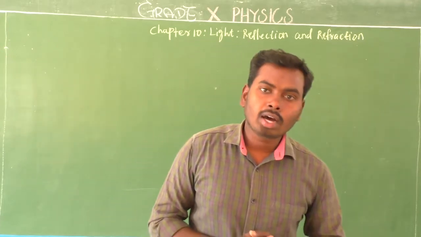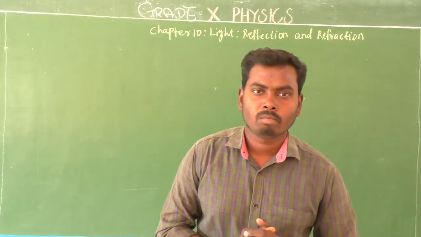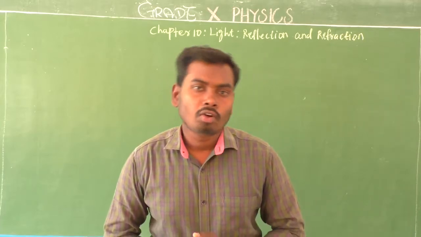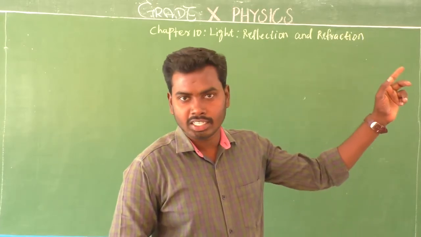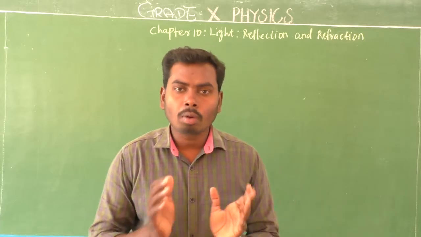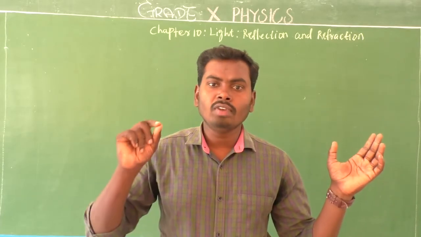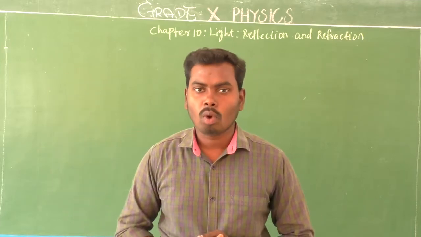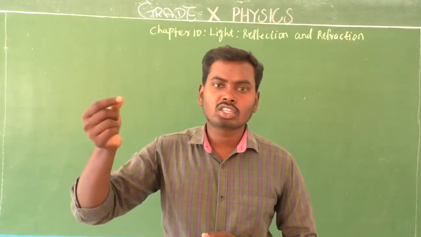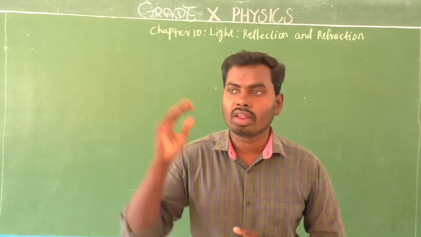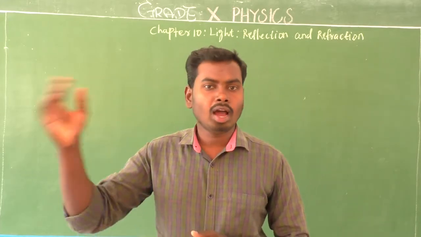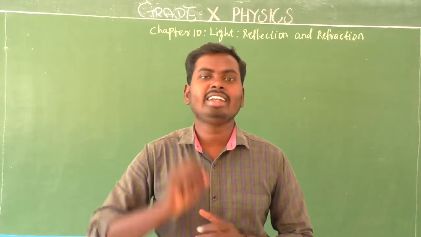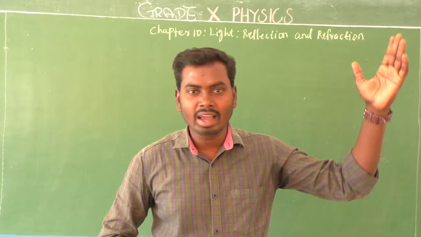Is it clear? Yes. Where have we placed the object first in convex lens image formation? First we place the object at infinity. So if the object is placed at infinity, where will the image be formed? The image will be formed at focus. So what is the nature of the image? The nature of the image is real and inverted. Is that clear? Yes. Then what is the size of the image? Actually that is highly diminished, which means very small compared to the object size.